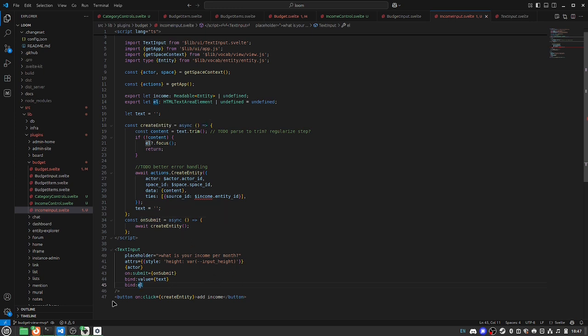When we submit, either clicking the button or hitting the enter button, this onSubmit function triggers and we create an entity. So we trim the content, just the text value that we're binding off this text input. If there's nothing in there, we move the elemental focus to the text box and return. Otherwise, if we have content, we need to create an entity for it. So we know who created it: it's our actor from our context. We know where we created it: it's our space, again from our context. The data itself is the content, this text string,